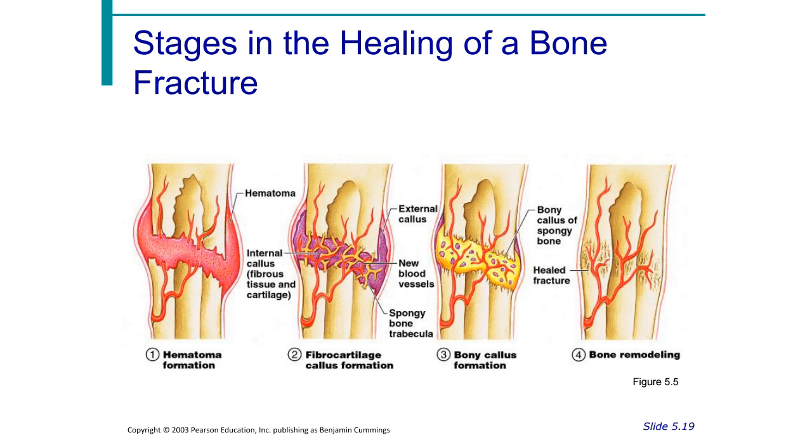So let's look at how we get better from a fracture. We have 4 basic stages to healing from a fracture. The first one is the hematoma. Basically, the hematoma is the big bruise. I'm going to get a lot of swelling here